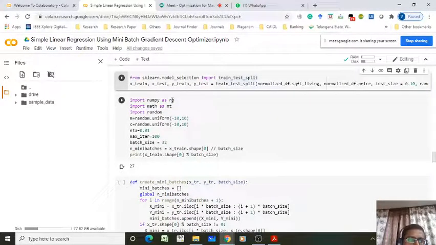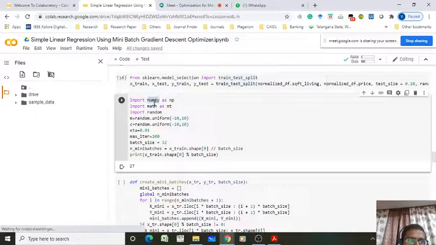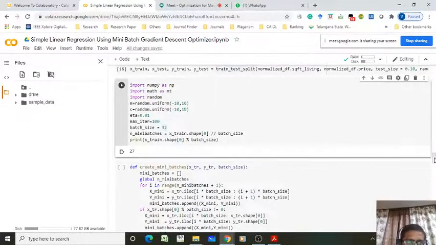And here you have to import the NumPy library, math library, random library, and generate the random values from MNC, initialize eta 0.01, maximum number of iterations 100, your batch size 32, and the number of mini batches. See what the 27 means.